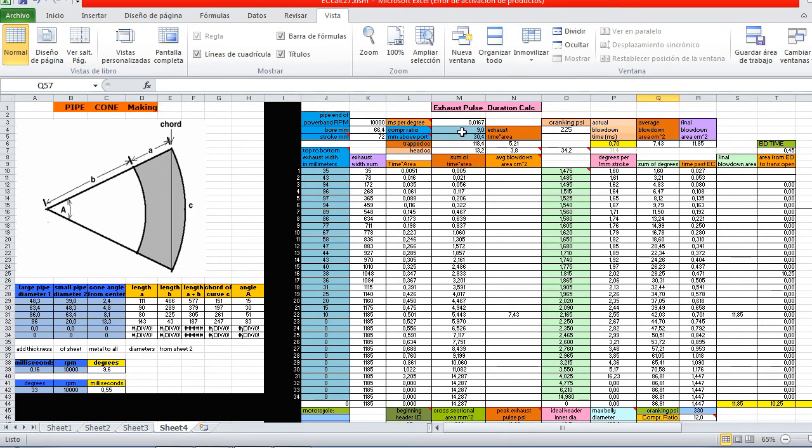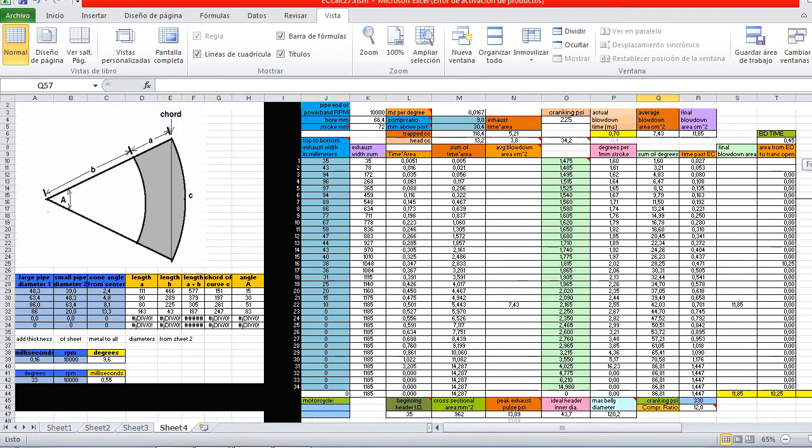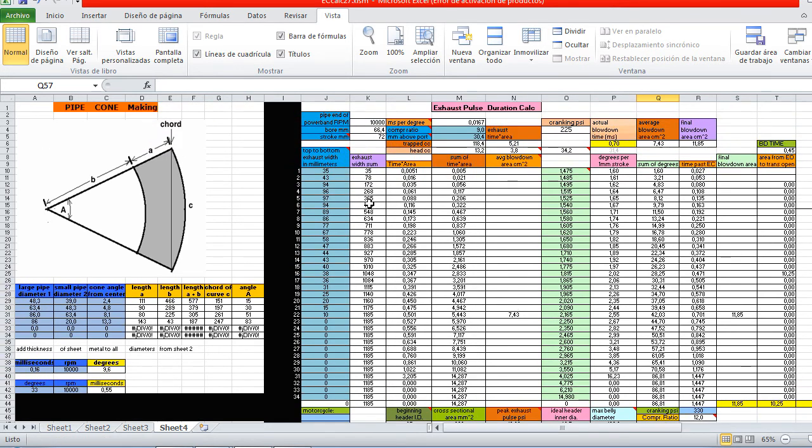Right here is the compression ratio of the engine. If you don't know that, but you know the cranking pressure, you could enter that pressure right here, and it'll give you an estimated compression ratio. And that works unless your rings are pretty shot, unless it's time for a ring replacement. This right here is millimeters above the port,